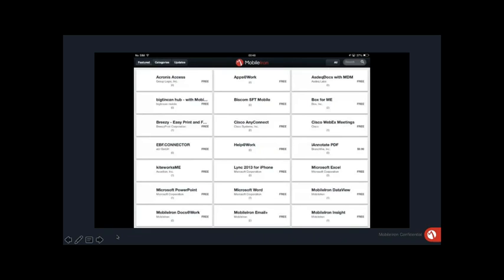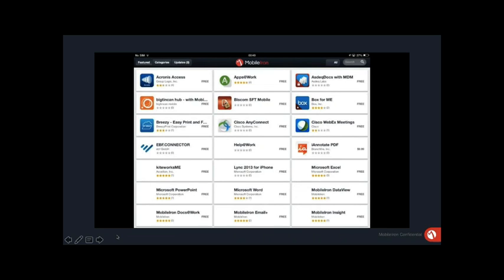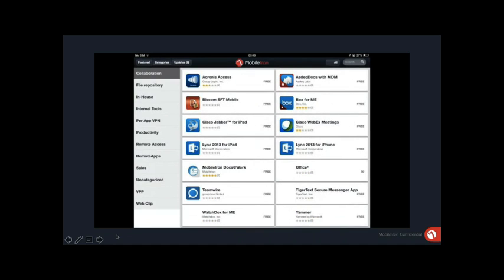So the next thing you're going to see now is that container being populated with all of the applications that I've got access to, and then I can make a choice to download what I like. Now, as you can see, there are a number here, and in the top left-hand corner you can see the featured applications. It's such a busy screen here that what you can then do is look at the categories and categorize everything that you need.